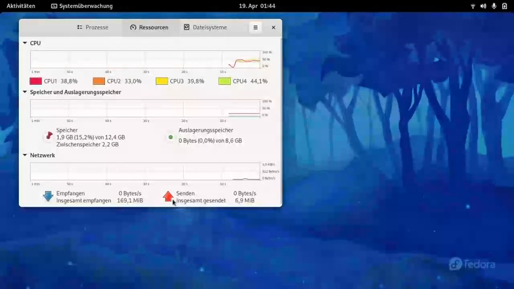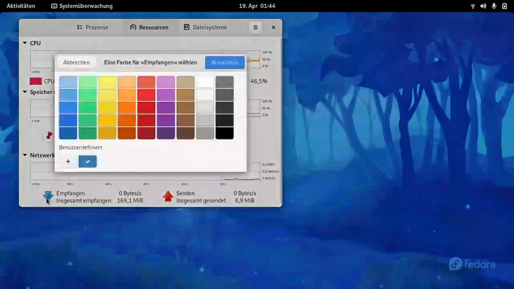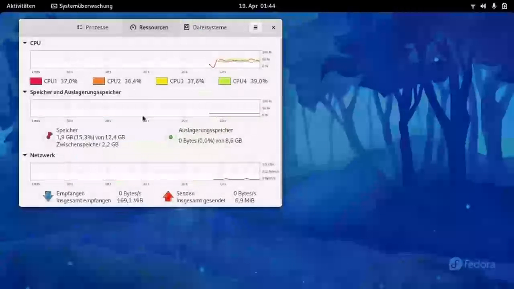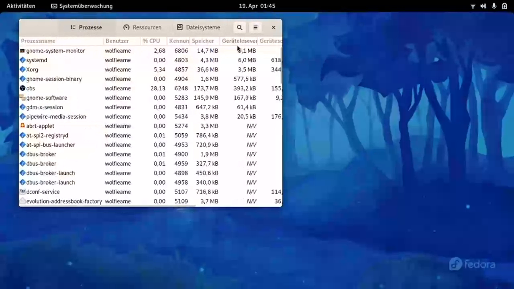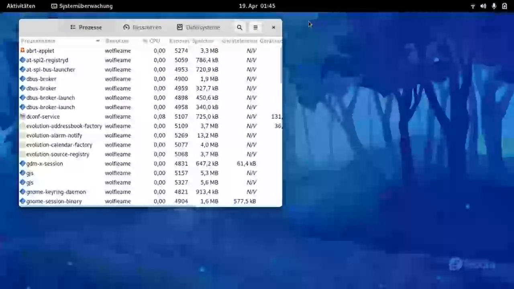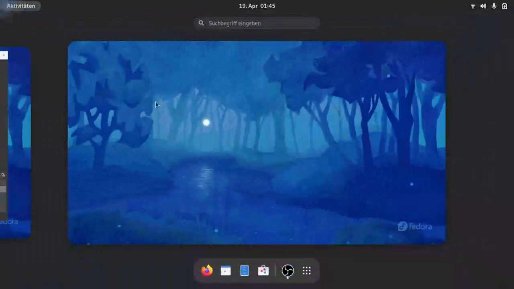Ooh, this icon though, it's pretty dated. I remember this from ages ago. They haven't changed the icon for the upload and download. Everything else seems to be pretty much normal. The file system or the hard drive, I suppose, processes, which I can delete, close from here, but I will not. So yeah, the feel of it now, it's pretty nice, but then again, it reminds me of another